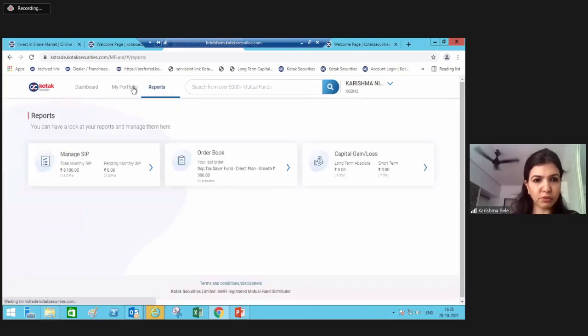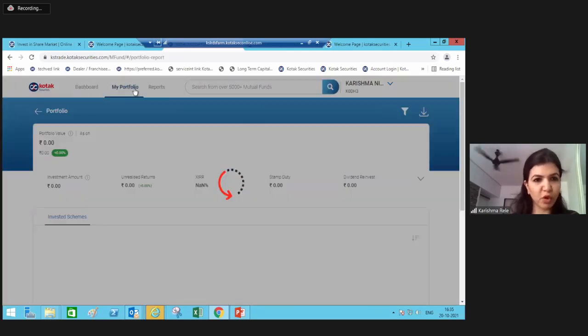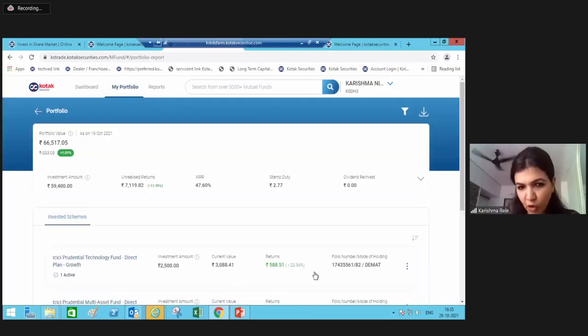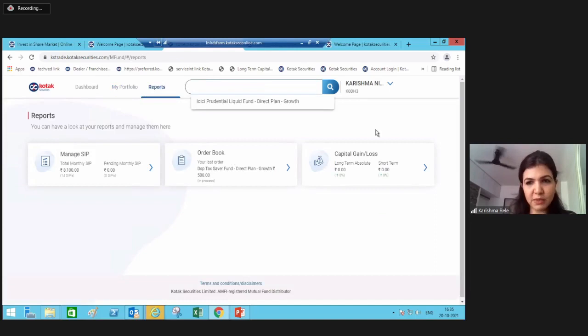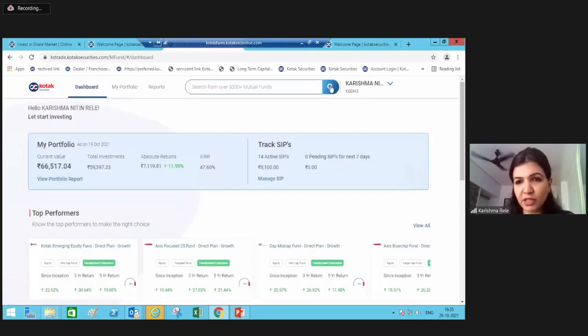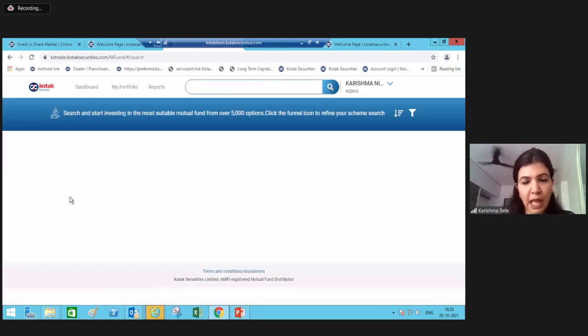And so we saw the dashboard, we saw my portfolio, we saw details of each and every scheme that I have in my portfolio and how to go onto these tabs. We also saw reports. We saw the manage SIP report and order book report. We also saw how to search schemes. Okay. And we also saw, suppose you click on this search button and you don't see options here, then you can go to the filter,